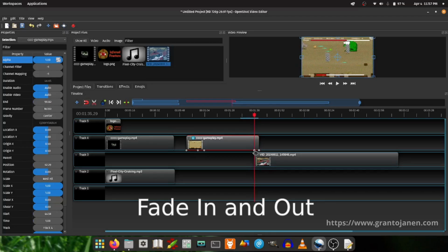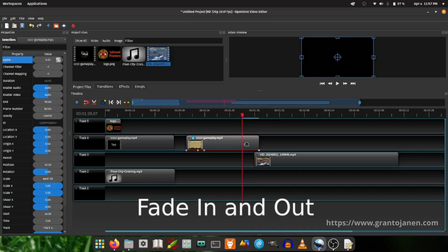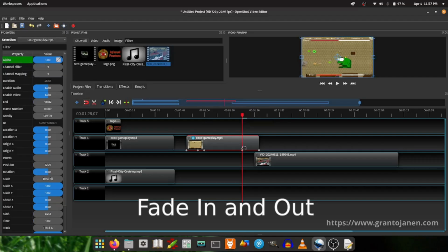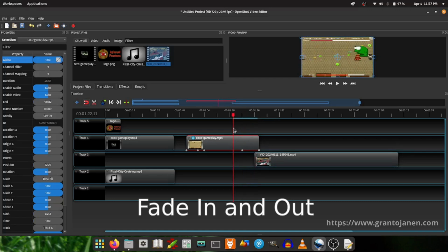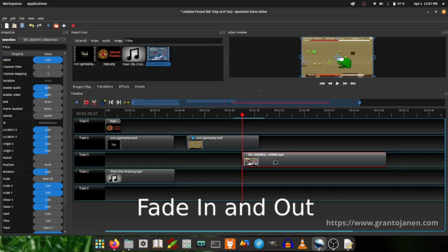Instead of doing that too, I'll remove this starting one, and I can just add my own wherever I want. So I'll drag that over here, and I'll set the alpha to 1 at this spot, and it adds another keyframe. And the fade effect will be a lot longer. And then I'll click on this next marker to move my bar over here, and then drag this clip over here so it lines up with it. And then the fade effect takes a lot longer